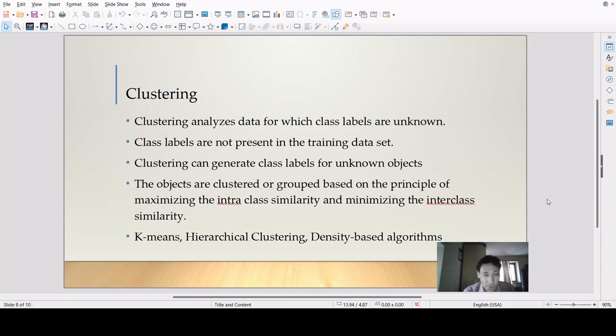There are several algorithms that can be used to generate clusters, like k-means, hierarchical clustering algorithms, and density-based algorithms. In order to do this clustering, we have to specify how many groups we need initially. We have to specify a center point for those groups. And the clustering algorithm will work. That is the basic idea behind the k-means algorithm.